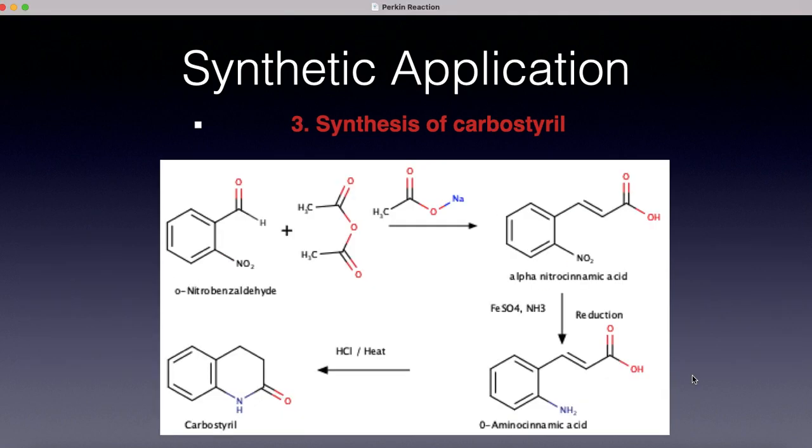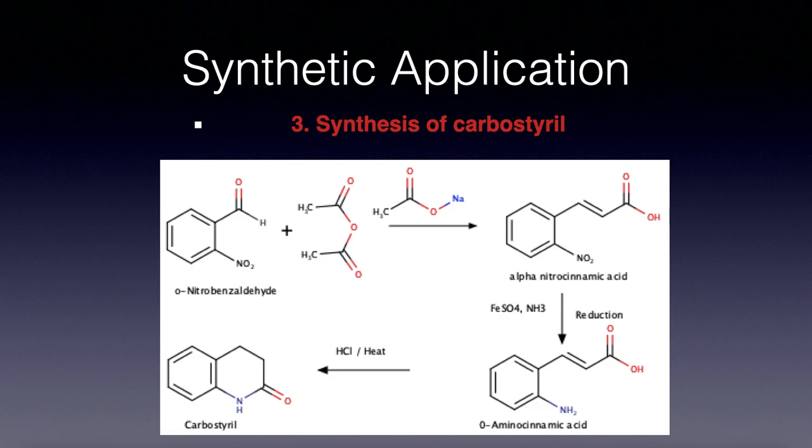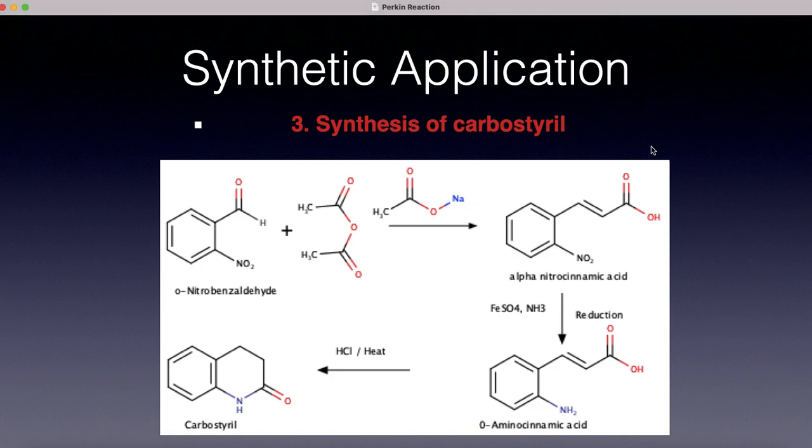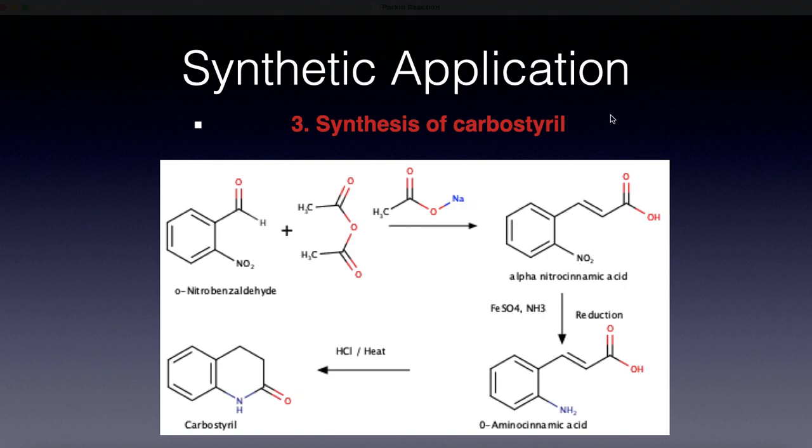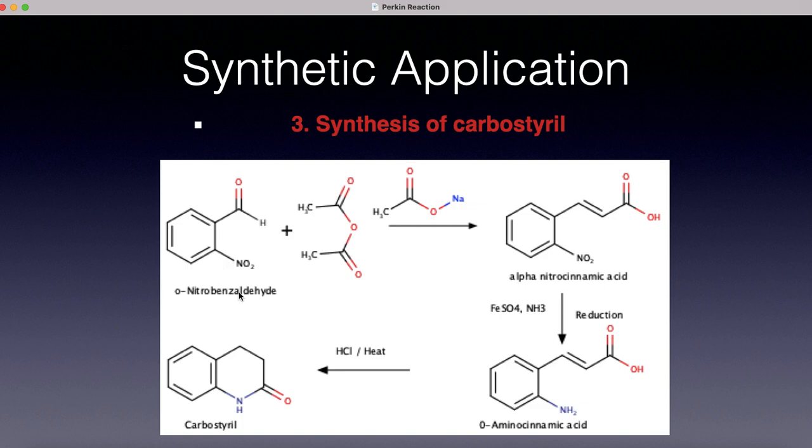The last synthetic application is in the synthesis of carbostyril. Carbostyril is the nitrogen analog of coumarin. Orthonitrobenzaldehyde on treatment with acetic anhydride in presence of sodium acetate gives orthonitrocinnamic acid. This orthonitrocinnamic acid, on reduction, forms